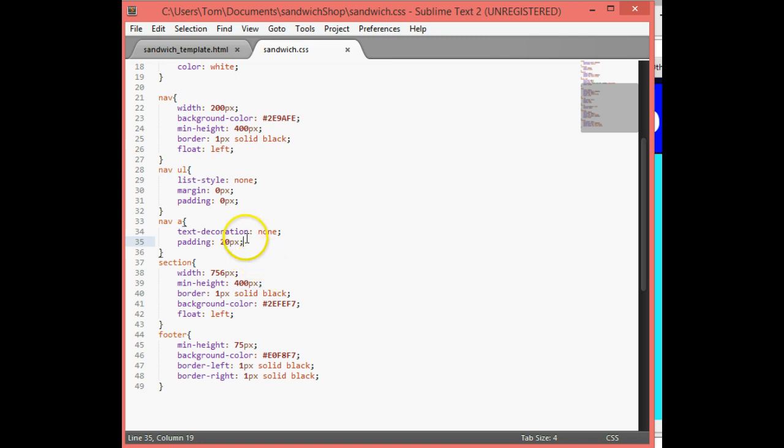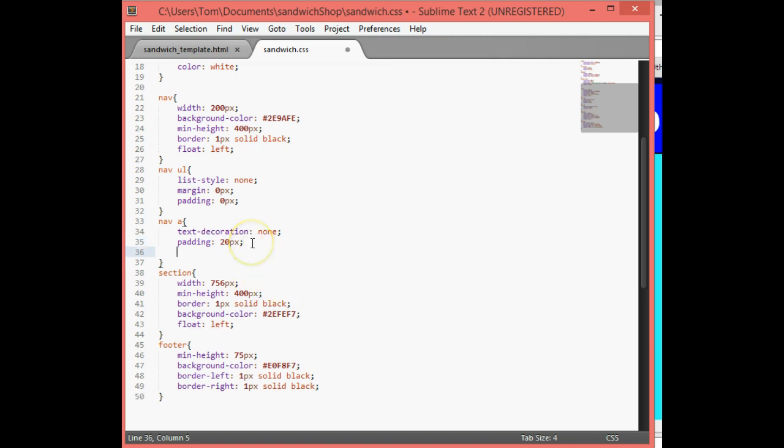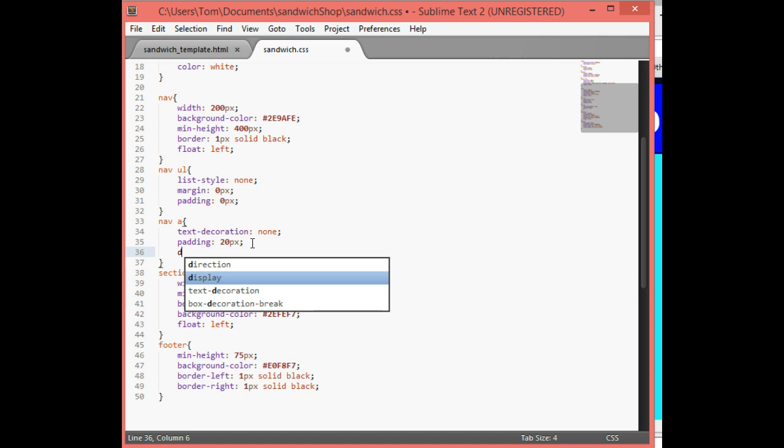So let's go ahead and make it do something. The anchor tag is an inline style, so the padding can't push anything around when it's an inline style. So I got to change this from an inline style to a block style so that it can, and then it'll take up the space and it'll move things around. So let's go ahead and do display